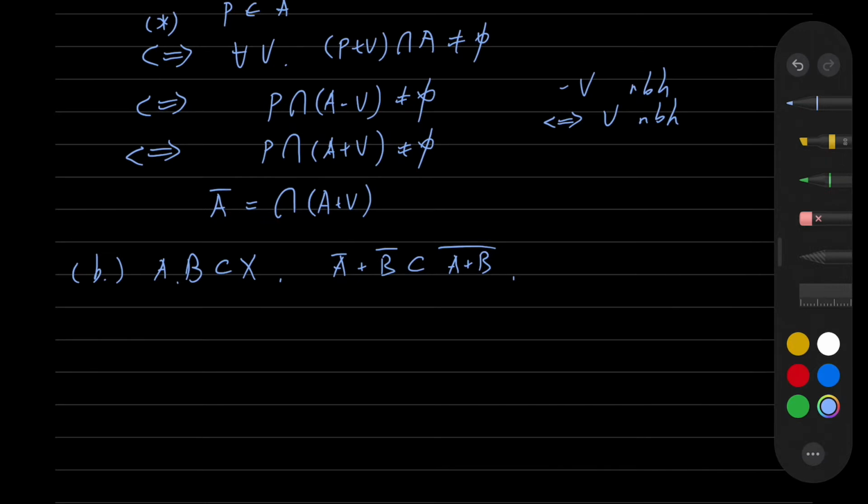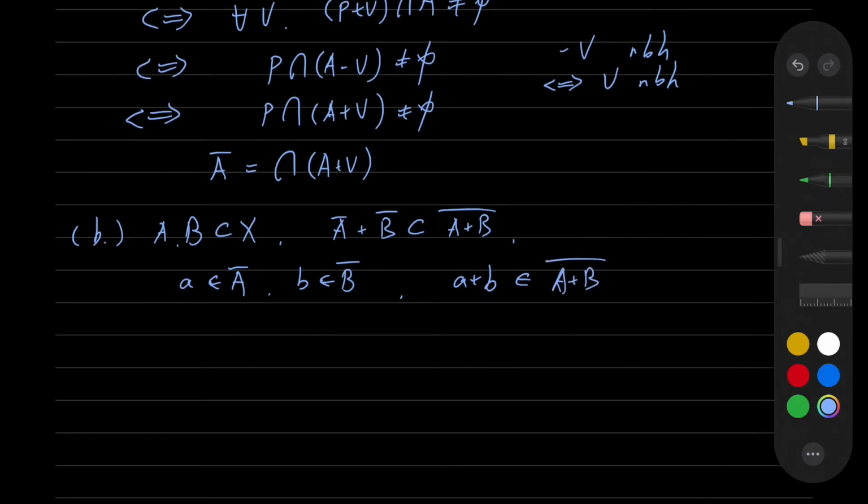So we want to prove that for a point a in the closure of A and b in the closure of B, a plus b lies inside the closure of A plus B, which is equivalent to proving that for every neighborhood of 0 we have, that's called a neighborhood of a plus b,